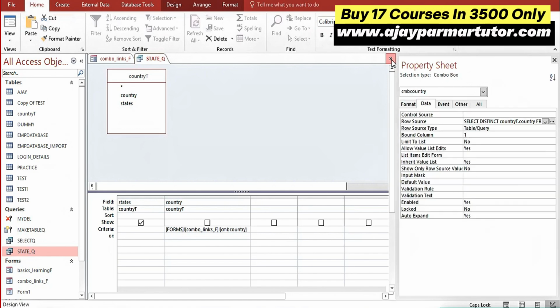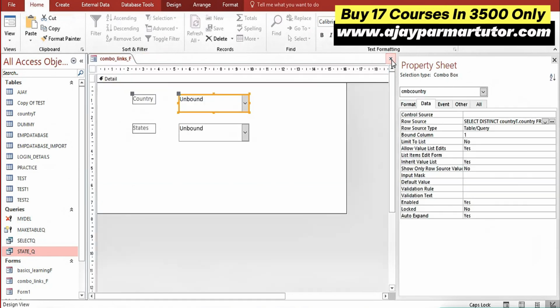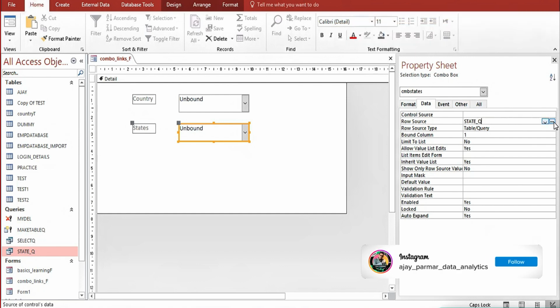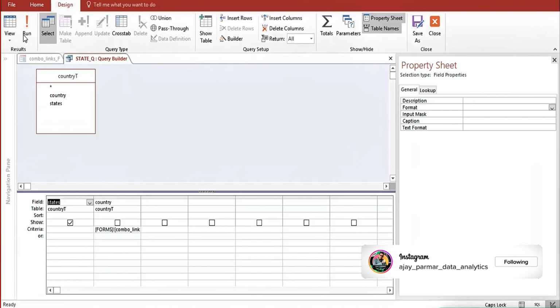Now, since your query is working, we check that, right? Now we go into this other combo box, and we see that I directly want the output of this query over here, right? So this is another learning for you. You have not written any SQL syntax here, or created any wizard. What you are doing is, when I click on the query wizard, it shows me that same query,